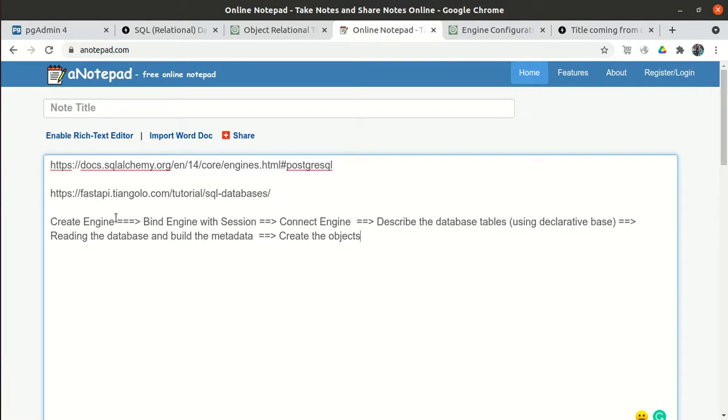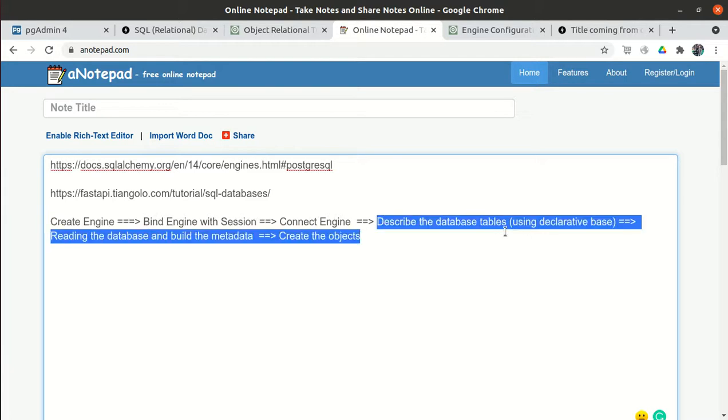First we have to create an engine, then we have to create a session, and that session is a kind of workplace. So we have to inform the session to which engine it is the workspace. Then we will define our tables.